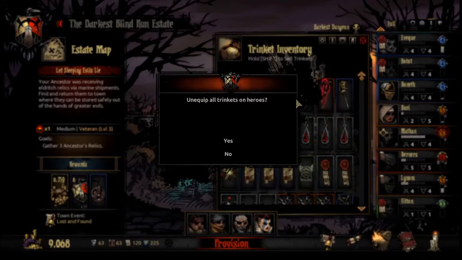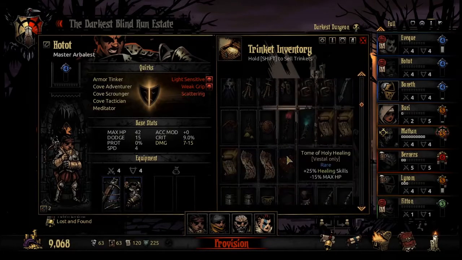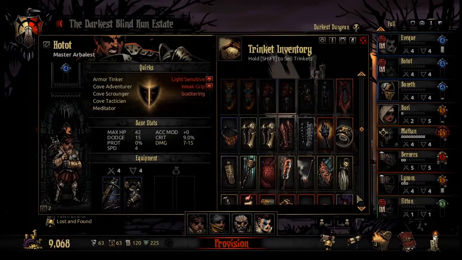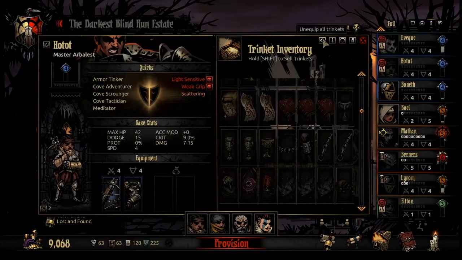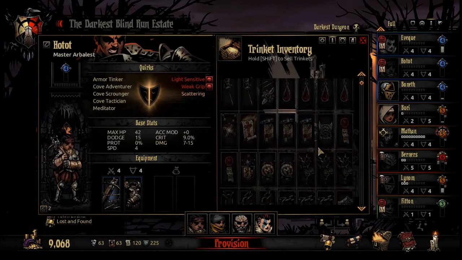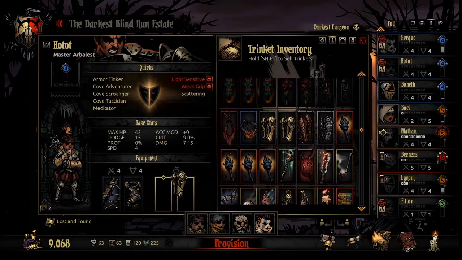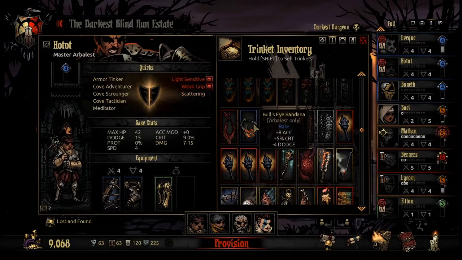Alright. Equip all trinkets, and let's gear everybody. Alright, sort by character class restriction. Now I just need to figure out where exactly the Arbalest gear goes. Okay, you get the Medic's Greaves, and...